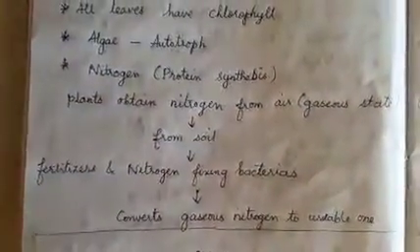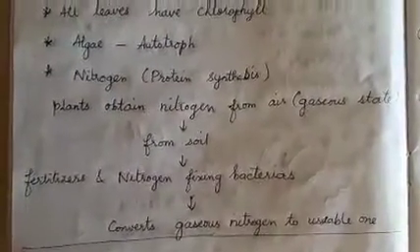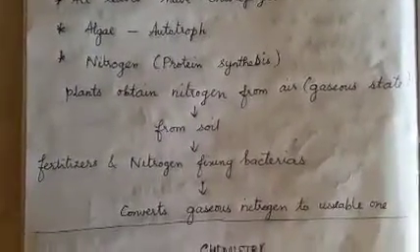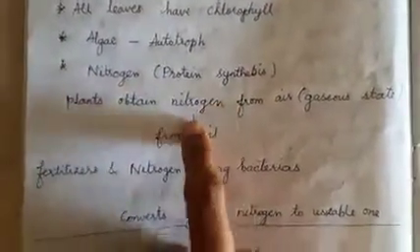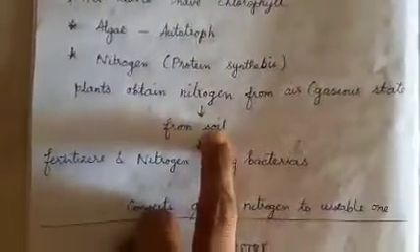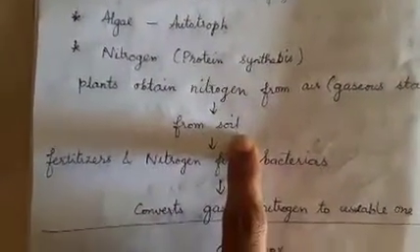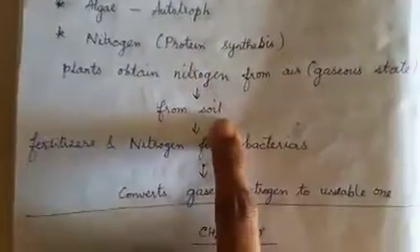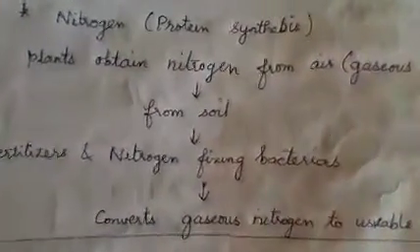And since they cannot directly, there are no other cells like stomata or chlorophyll. Chlorophyll will absorb the sun's energy. Stomata will take in carbon dioxide and exhale out oxygen. For this nitrogen to be absorbed by the plant, there are no cells like that. But it is from the soil that the plants can absorb. So from the soil, water and minerals will be available to the plants, right? Do you agree with me? From the water, the nitrogen is absorbed by the plant.